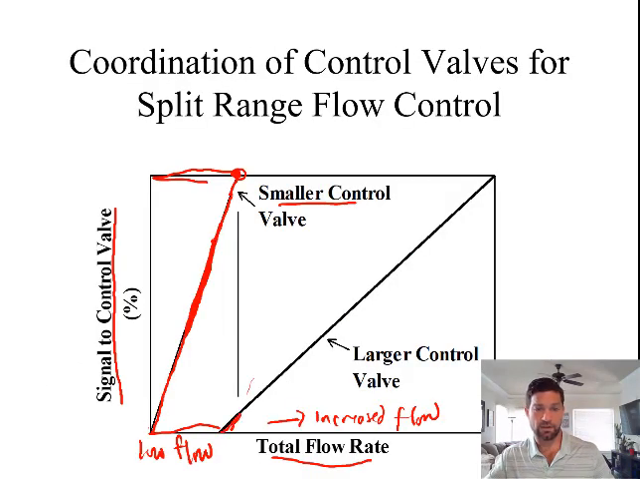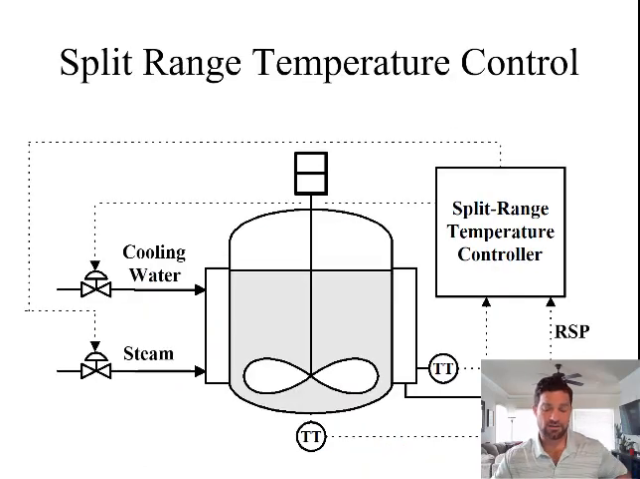So down here, the large valve is going to open. The large valve is going to open and close to achieve the flow rate within the larger flow control range, while the small valve is already fully open. Okay, there are other reasons why we might use two control valves for a given system, and so this is